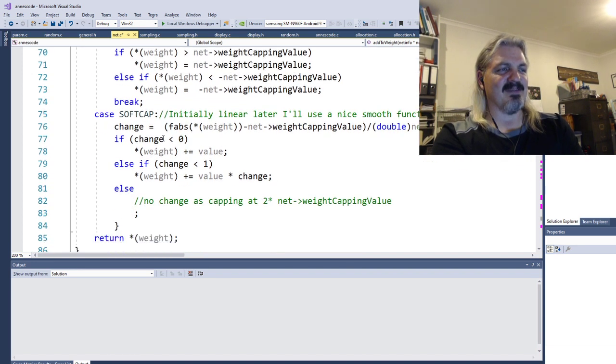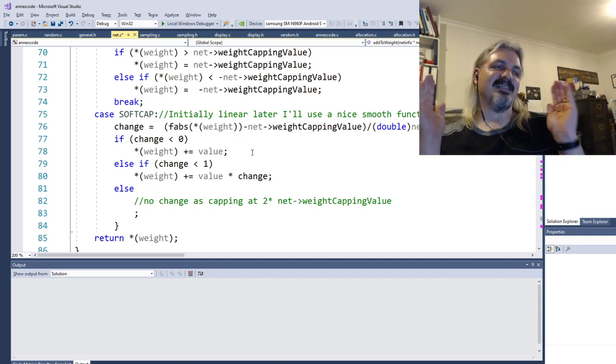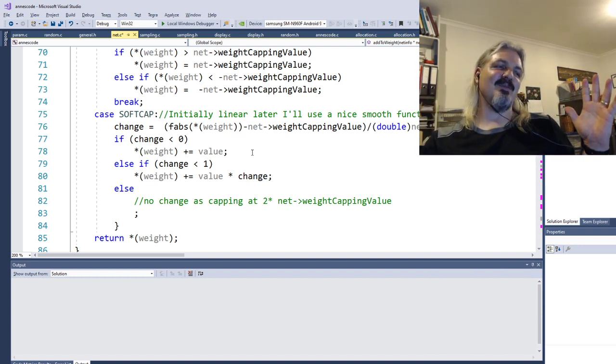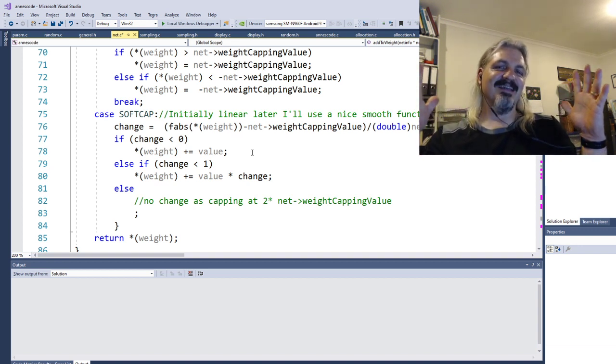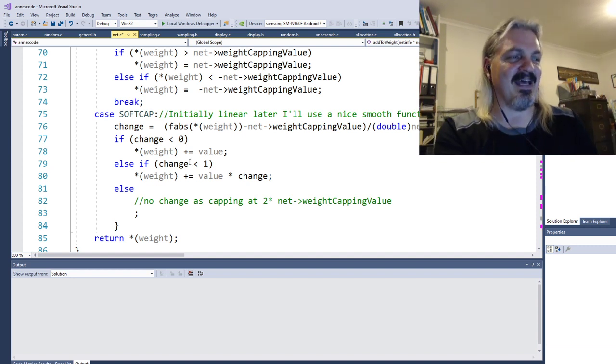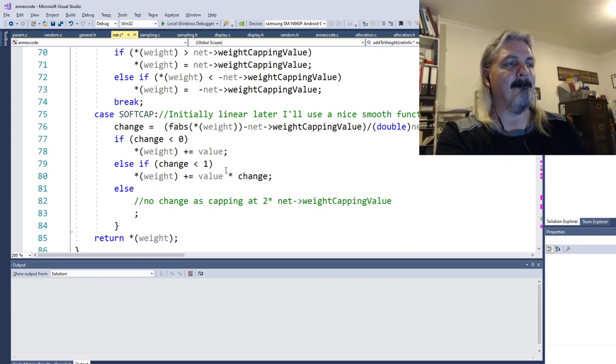That's a hard cap. A soft cap is that I use some sort of weighted approach that if it gets too big, instead of just capping it, I let it get too big, but I scale the amount that it can expand to try and stop it getting too big. So this was basically soft cap and hard cap. I was trying different things, but